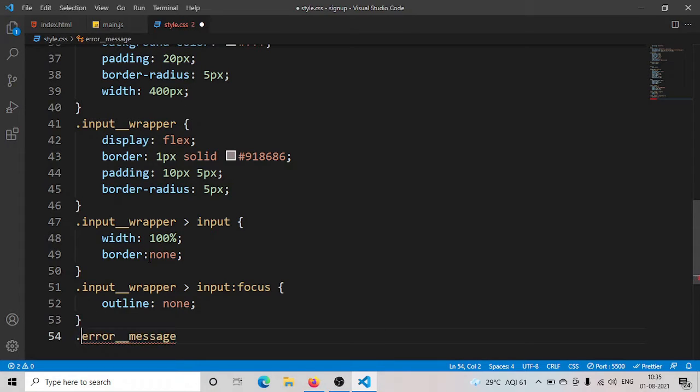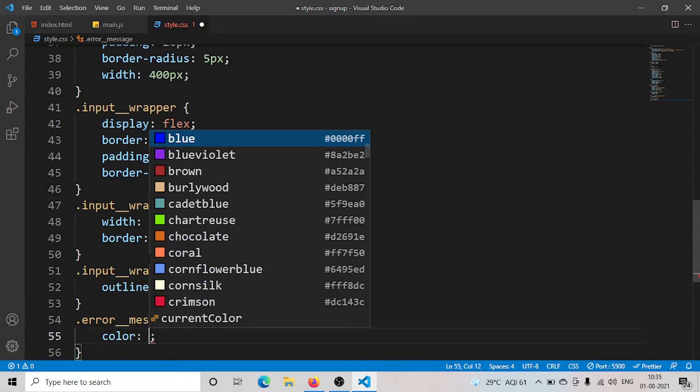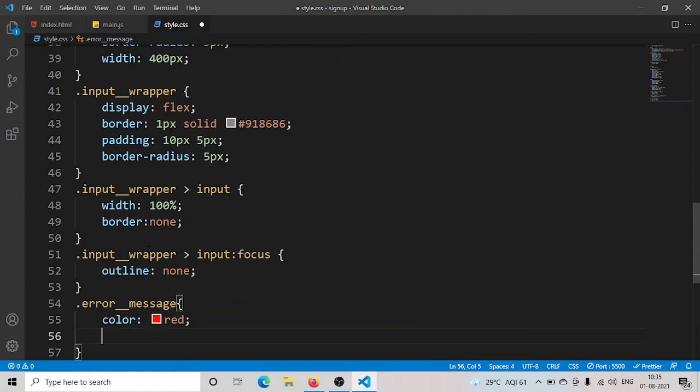Error message color is red. Okay, text align be the right,